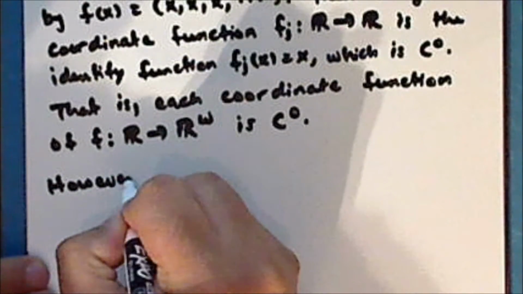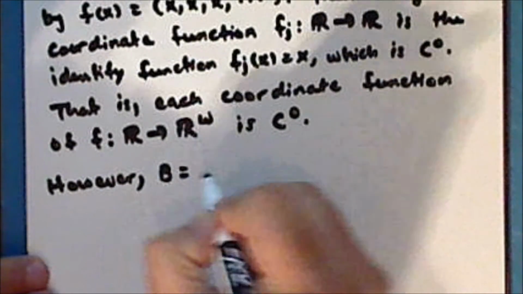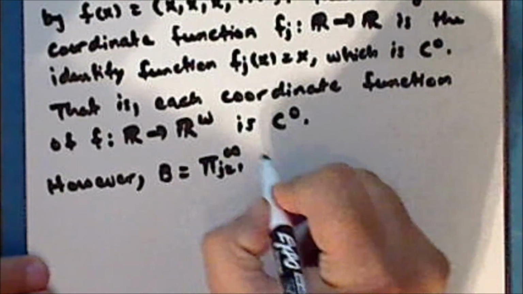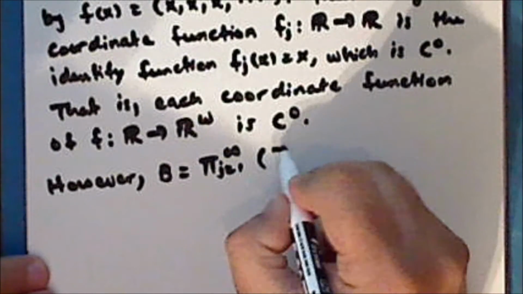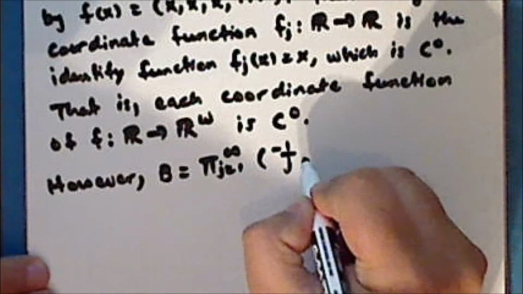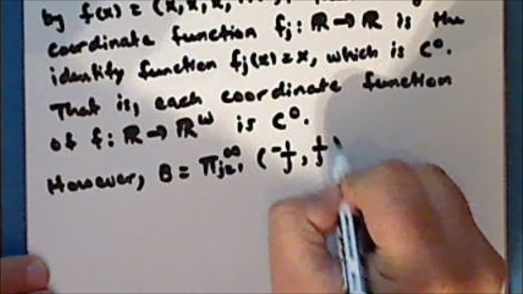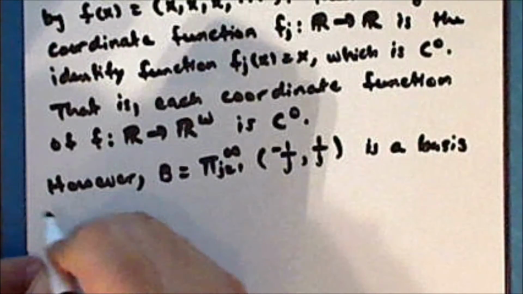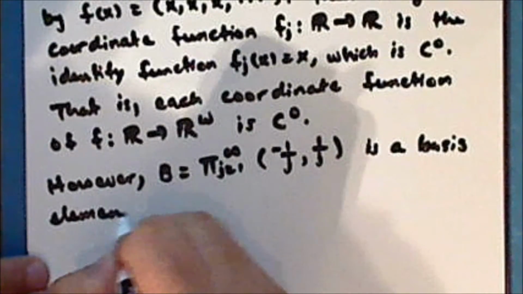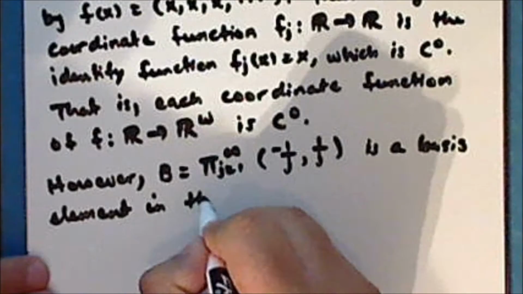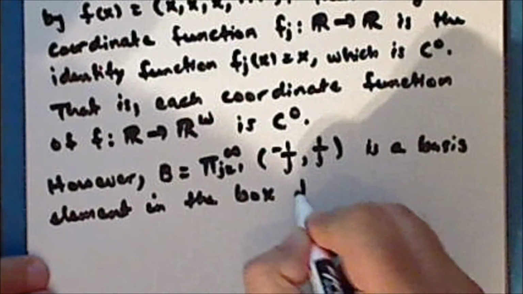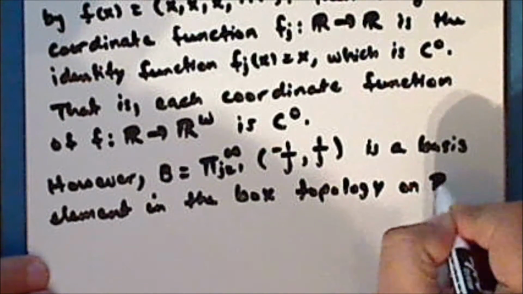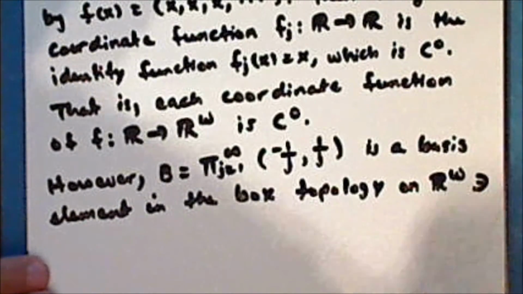However, the set B, which is the countably infinite product of intervals of the form -1/j to 1/j, is a basis element in the box topology on R^ω, such that